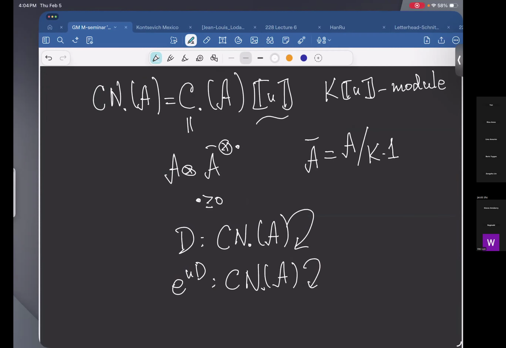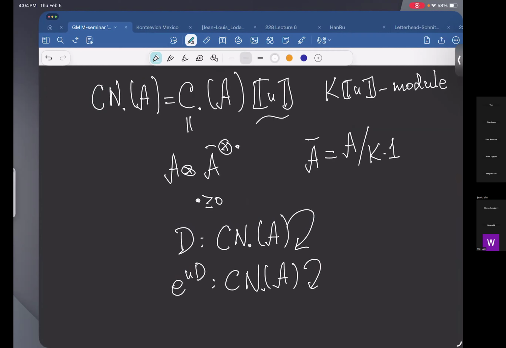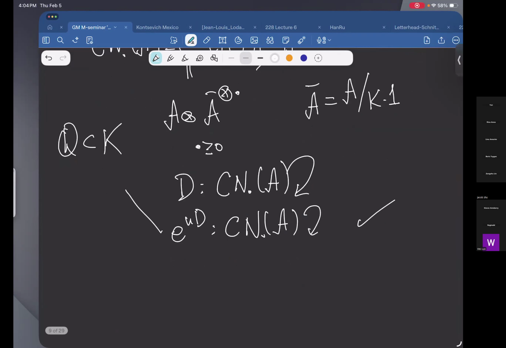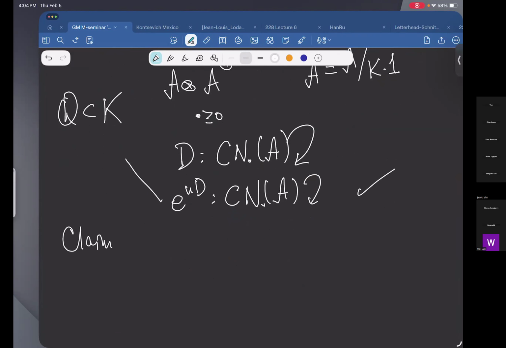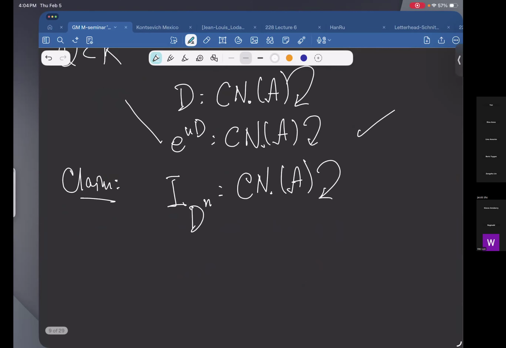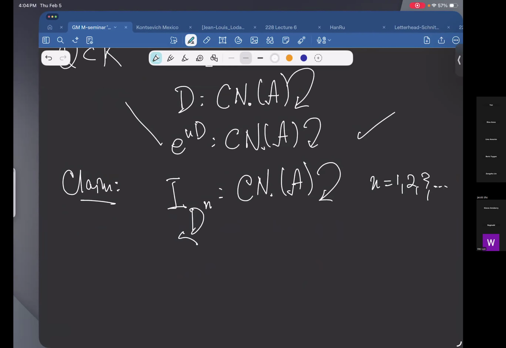And I claim that, as you see here, you better assume that Q is in K. A lot of it will be defined without denominators, but this is perfectly well defined. So I claim that there are other operators, again perfectly well defined. And it's a little bit suggestive and confusing people. So all I am saying is